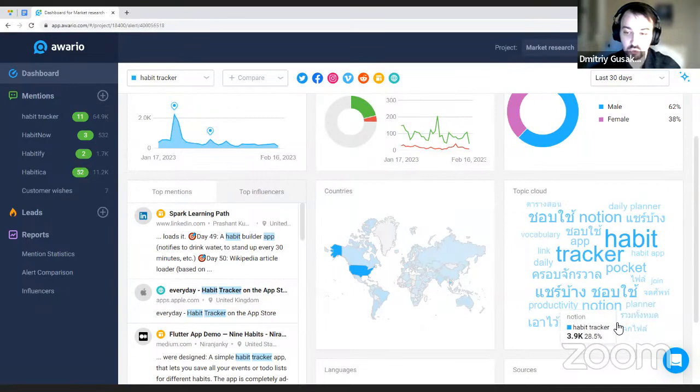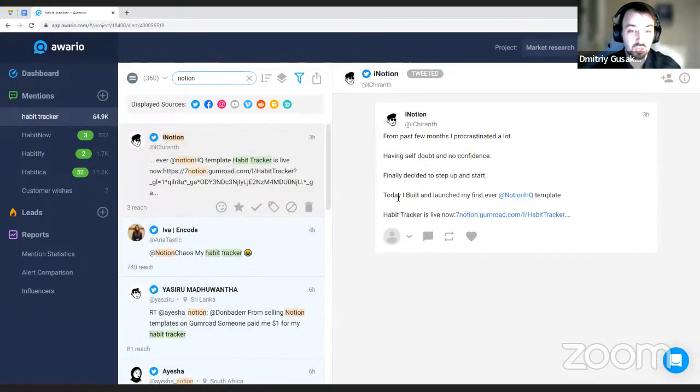So if I click on Notion here, for example, I will see the mentions of habit tracker or any other phrases that also happen to mention Notion, which might be your cue to go on and read whatever people have to say. And perhaps there are some clues you can pick up to design your own app. Hurdles you can avoid or something.